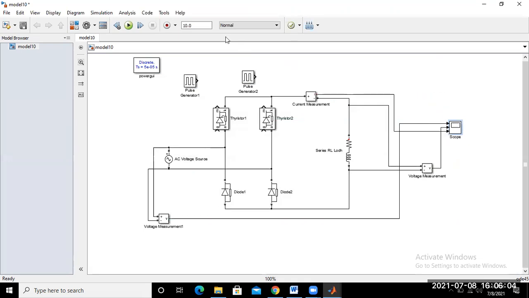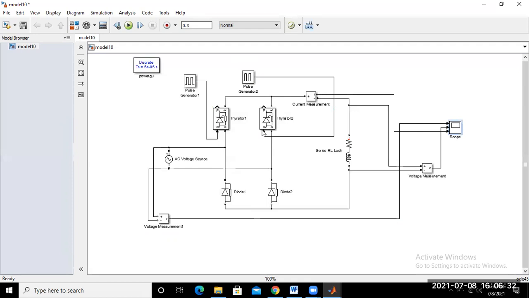Now set the sample time, a small time, set 0.3. Now run this model. We have not yet provided the gate pulse to thyristor number 1 and 2, so provide the gate pulse from the pulse generator to thyristor 1 and from the gate pulse of thyristor number 2.